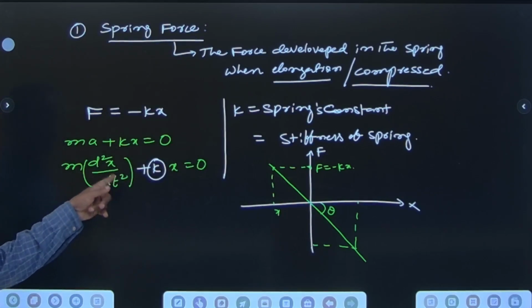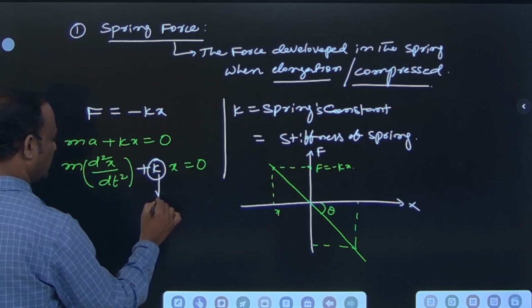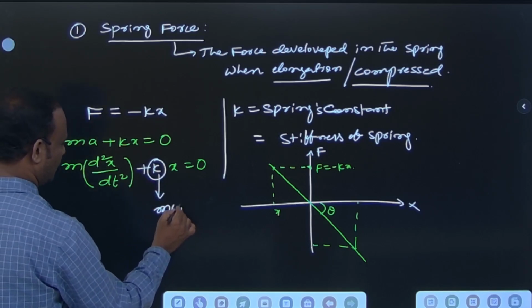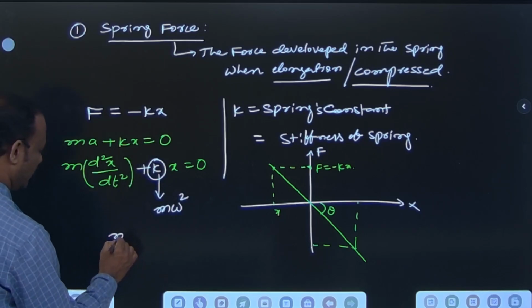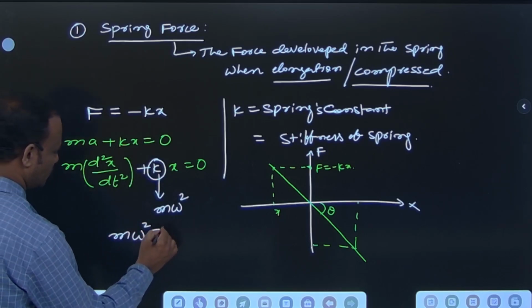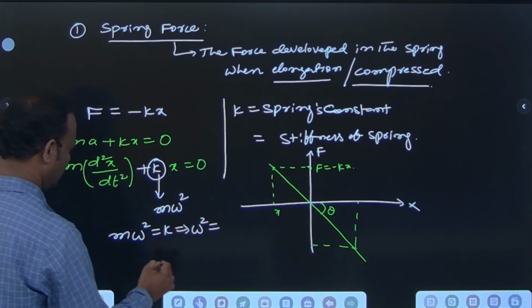You can observe that this is the differential form of SHM. So k is equal to m omega squared. So m omega squared is equal to k. Omega squared is equal to